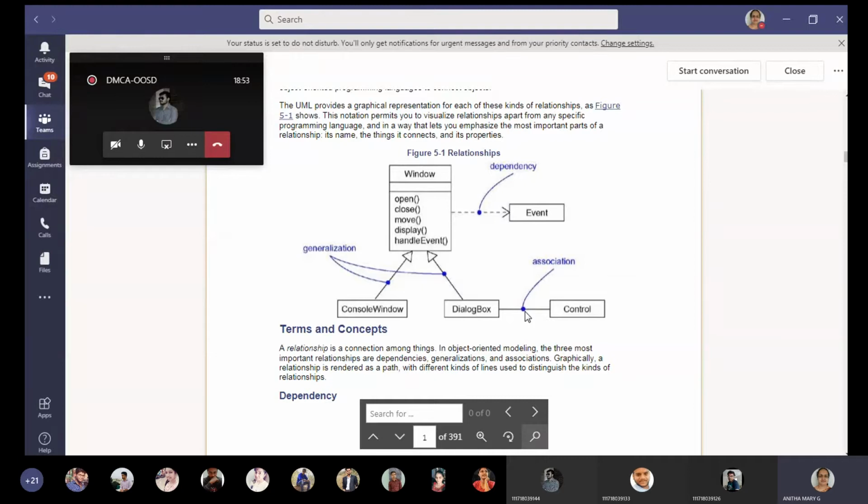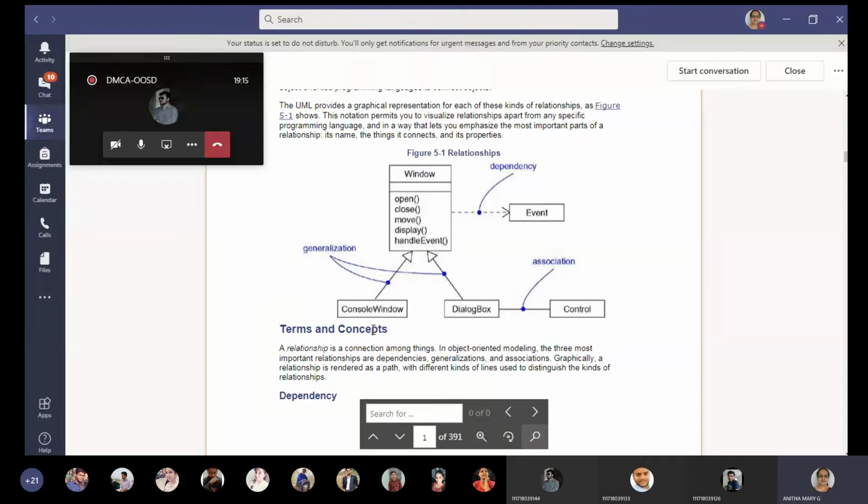So how to relate? Each class you have to compare with the other one and check what kind of relationship exists. So that's how we are going to give the relationships. These are the few things which are depicted where all the relationships are shown in one diagram. So we will learn each one in detail once again.